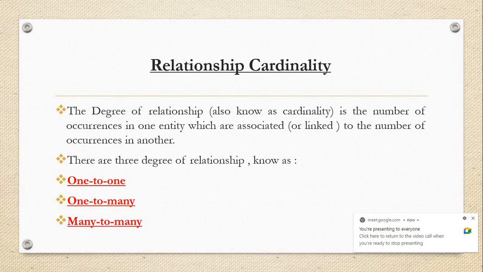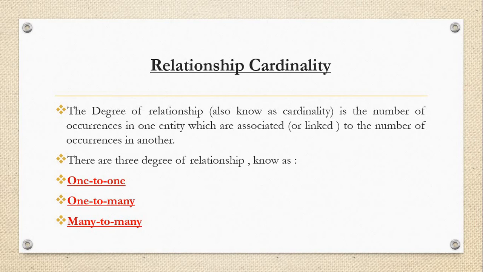How will we understand it? If we want to apply the relationship on two tables, there are two aspects: left to right, right to left. When we talk about left to right, assume that we have one attribute in the first table and 3 attributes in the other table. In that case there will be a one to many relationship from the left view. And when we check the same view from right to left, we get the many to one relationship. So that's why one to many and many to one relationships are the same.